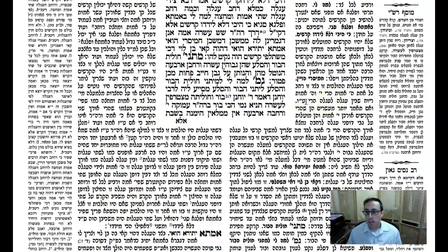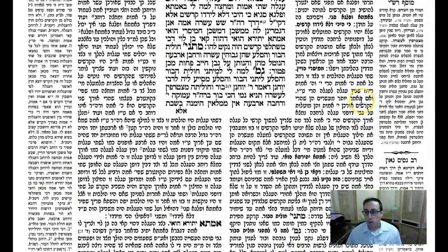So if you have, again, 10 amos of width amongst the two wagons, and then you have 5 amos of space between them, that only comes out to 15. Maybe you'll say it should be way more than that, because it should be the entire length of the beams. If you have two beams, each beam is 10 amos, it's 10 plus 10 should be 20. That's already 20 amos,